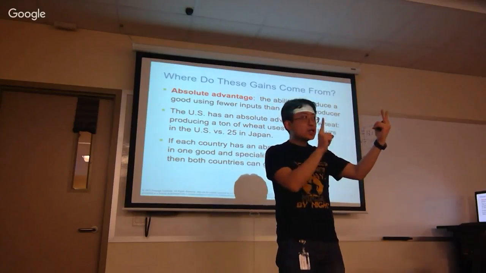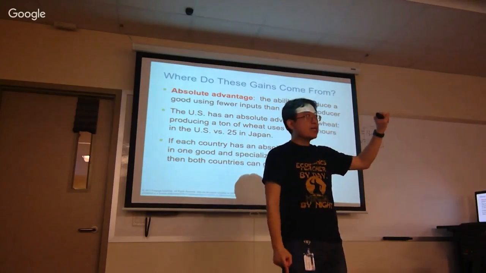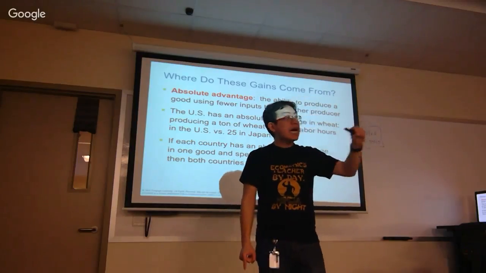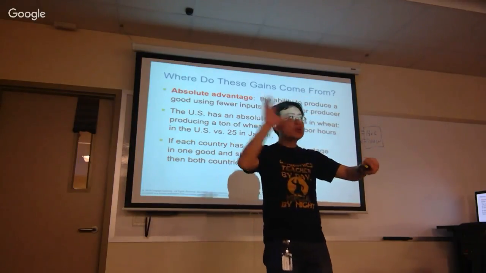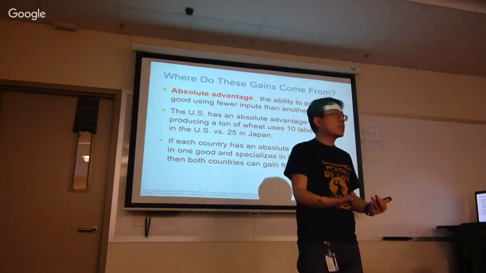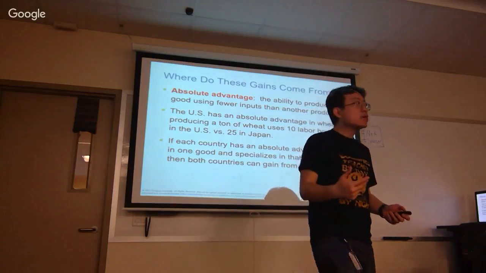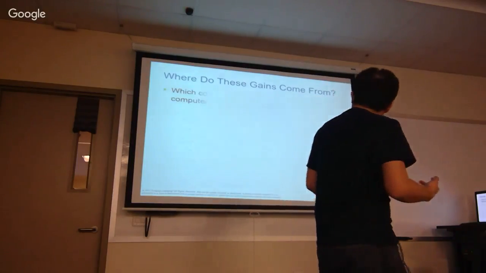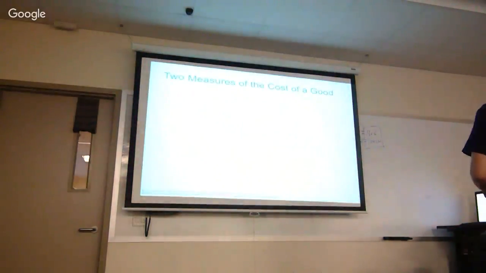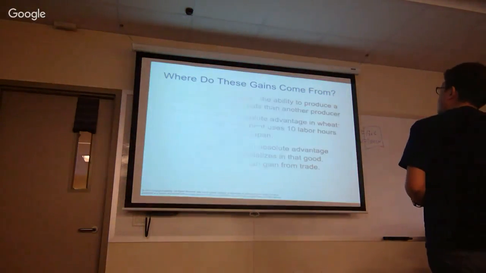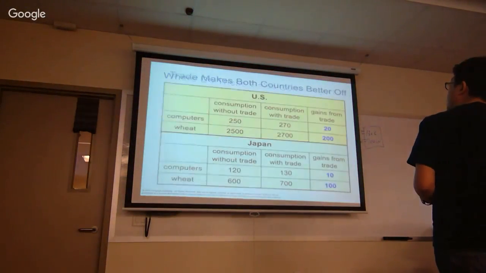Which means the trade is not based on absolute advantage. Because if trade is based on absolute advantage, then US will never trade with Japan. So trade must be based on something else. So what is trade based on? It's based on this thing called,